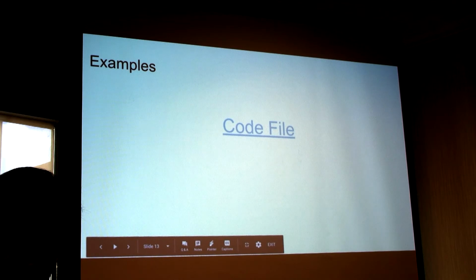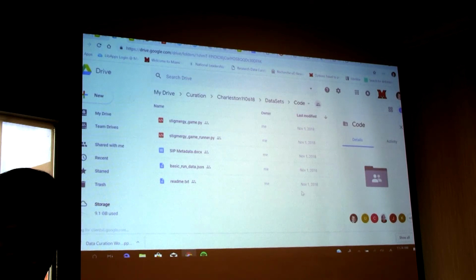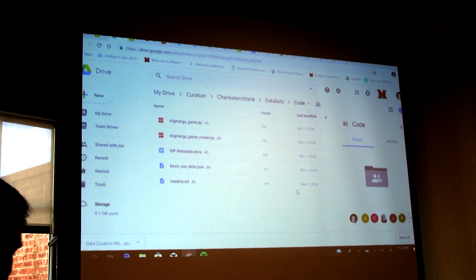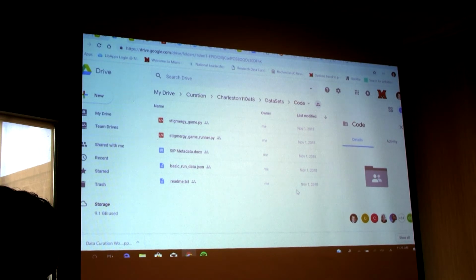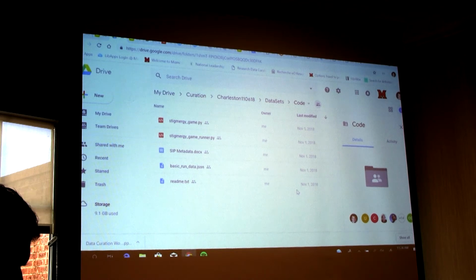So I have a link to one here, and this is an example of some computer code. Let me find my notes here. Okay.